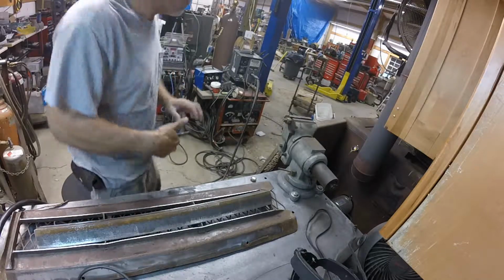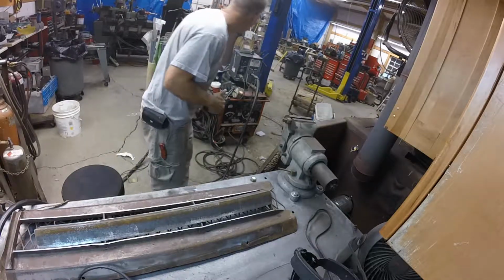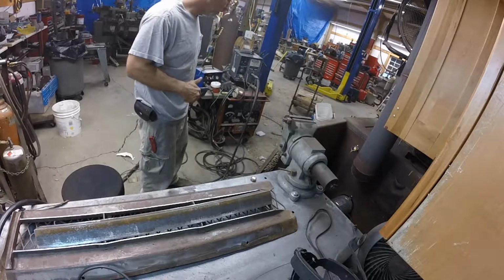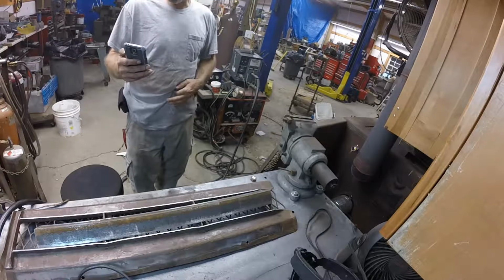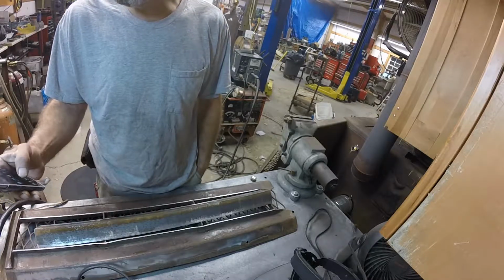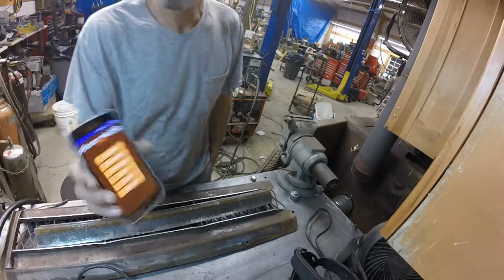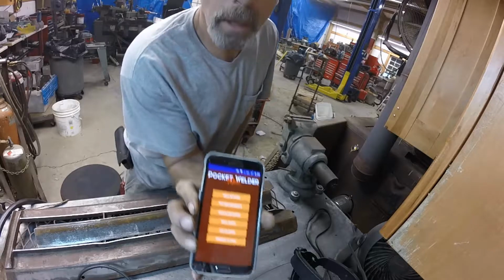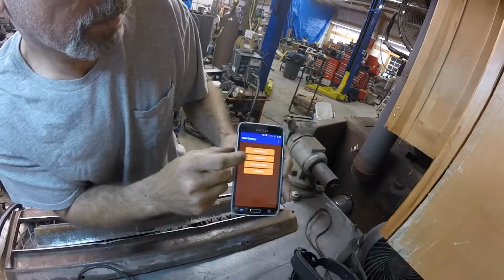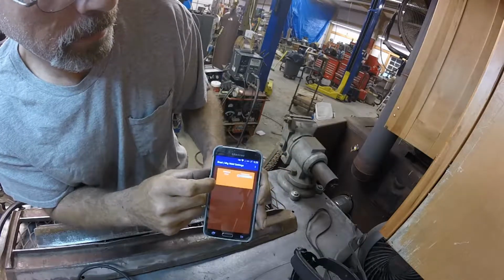This MIG welder is a Lincoln Ideal Arc DC 250 with an LN7 wire feeder. I bought this, man, a long time ago. You know, I use an app to do my settings. I'm going to show you that real quick. It's an Android app called Pocket Welder Helper. Let's see if you can see this. Hit weld settings. Let's see, MIG welding, steel,